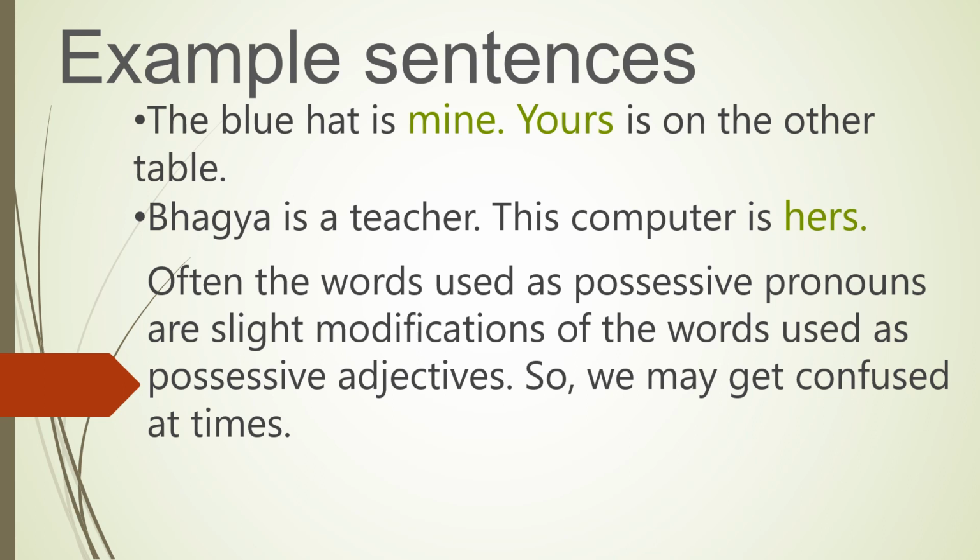Yours is on the other table. It is mine. It is yours. This computer is hers. Often the words used as possessive pronouns are slight modifications of the words used as possessive